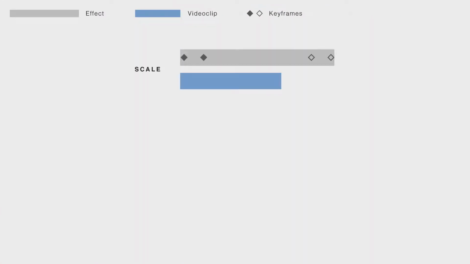Scale will stretch the effect to match the clip, which is great if you just want to add a solid static effect that will act the same way through the whole clip. If you are using keyframes and choosing scale, the distance between the keyframes will be adjusted and therefore also the